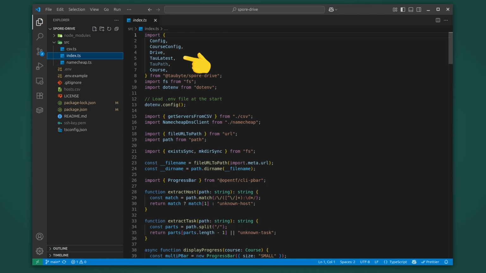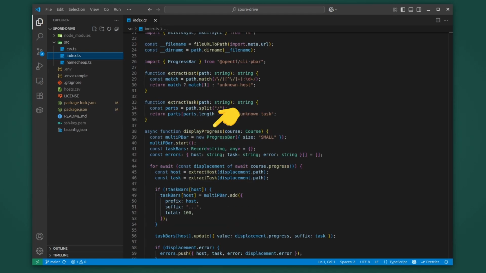We have our imports from the main spore-drive package. We have the file system package, which helps us read files like the hosts.csv. We import our env variables, our helper to extract hosts from the hosts.csv file, and our domain provider's DNS client. We have some path helper functions to extract hosts and tasks, and an optional progress bar setup for each of our hosts to make it beautiful. This is by no means necessary, you are good to go without it, but we already did it for you